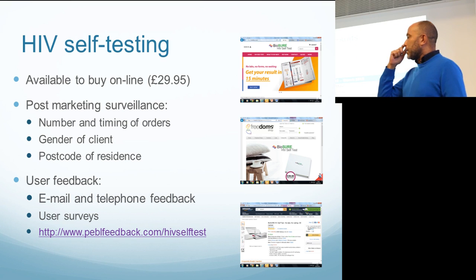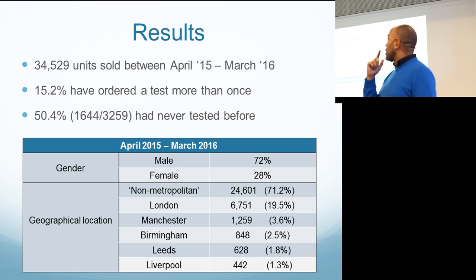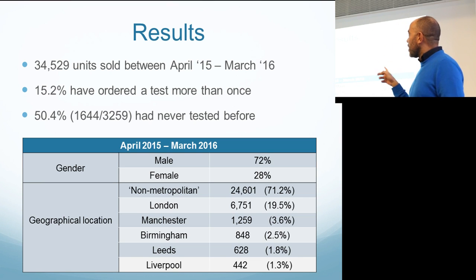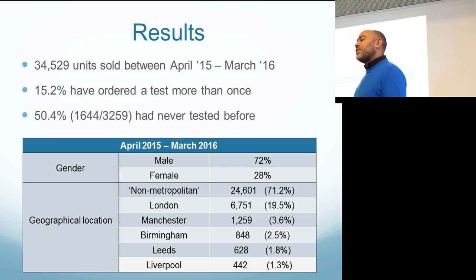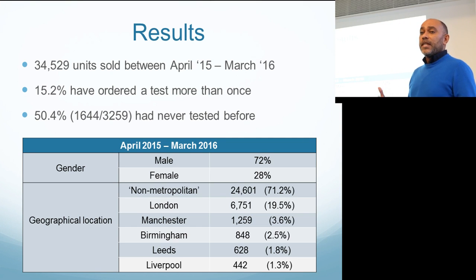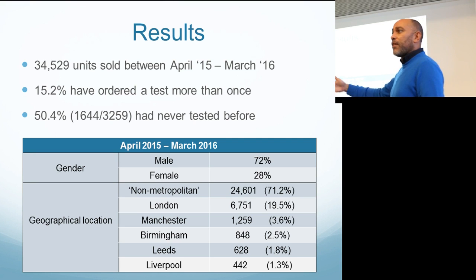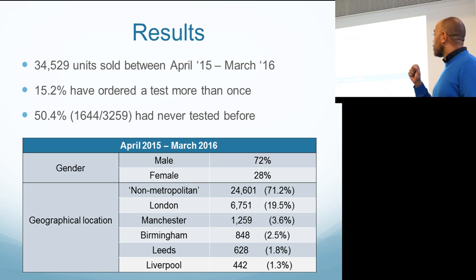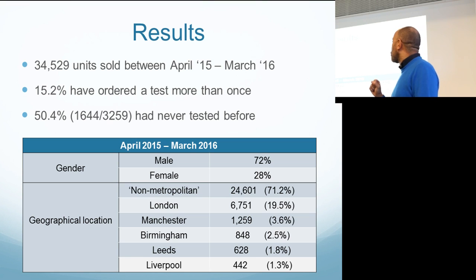So this is the data for the first year, April 15 to March 16, and in that year, just short of 35,000 units were sold. 15% of people ordered more than one test, and from a survey they did of 32,000 people, 50% of them had never tested before, which I think is an important figure in the sense of maybe reassuring us that by delivering a new model, we get to people who perhaps have not been able to test in our existing traditional model. Just short of three quarters were men, and the majority were ordering